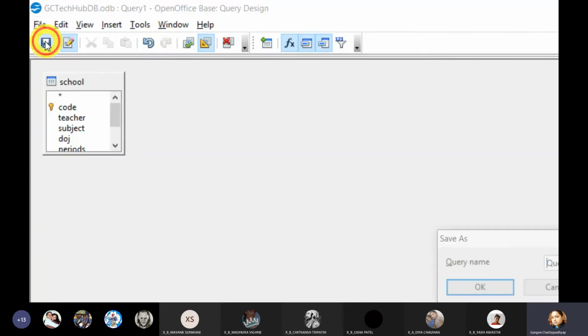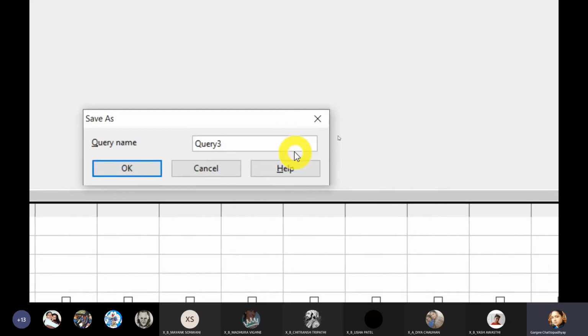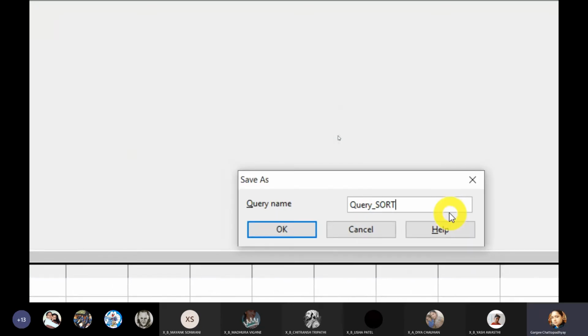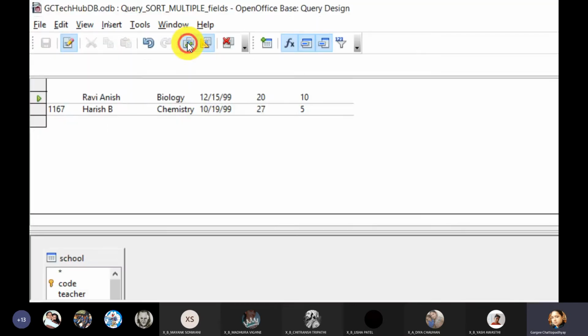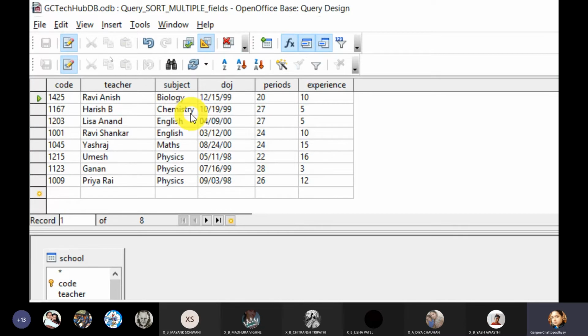I'm going to save this query as query sort multiple fields, right? And click on OK, and let us run this. And you can see biochemistry. Okay, I'm sorry, I just misplaced E over there.